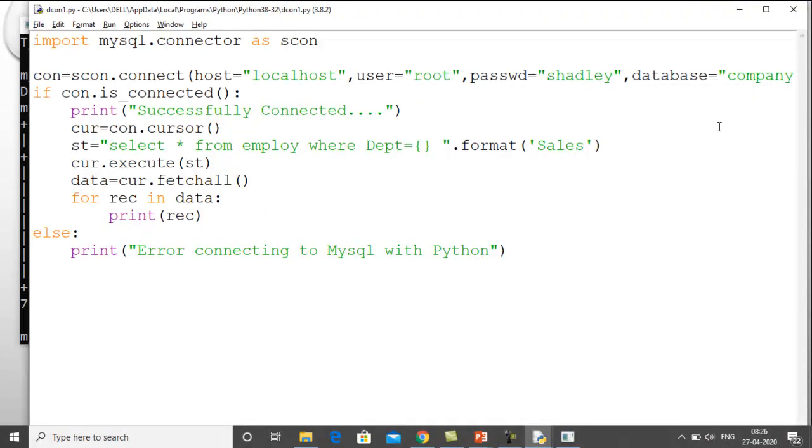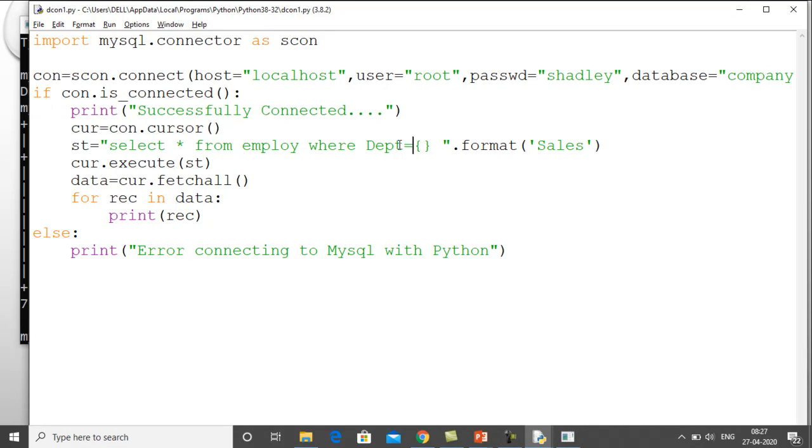You see that we have written department is equal to the value parameter. But remember one thing, that department is basically of character type. So if we want to specify an integer value, then single or double quotes are not required.